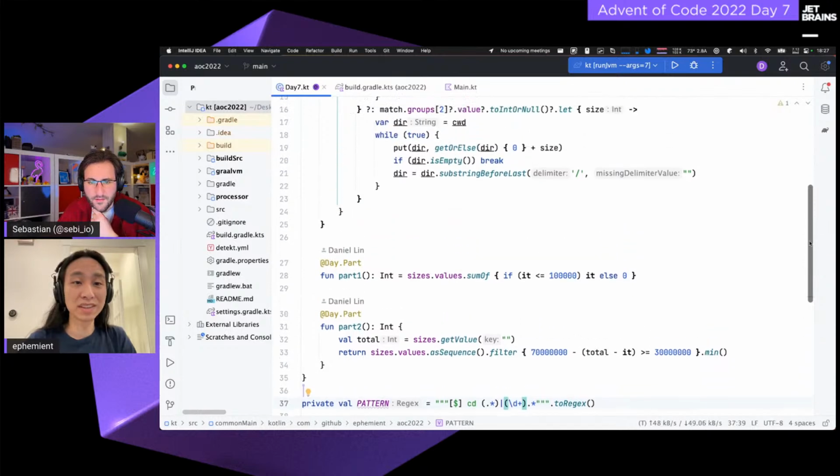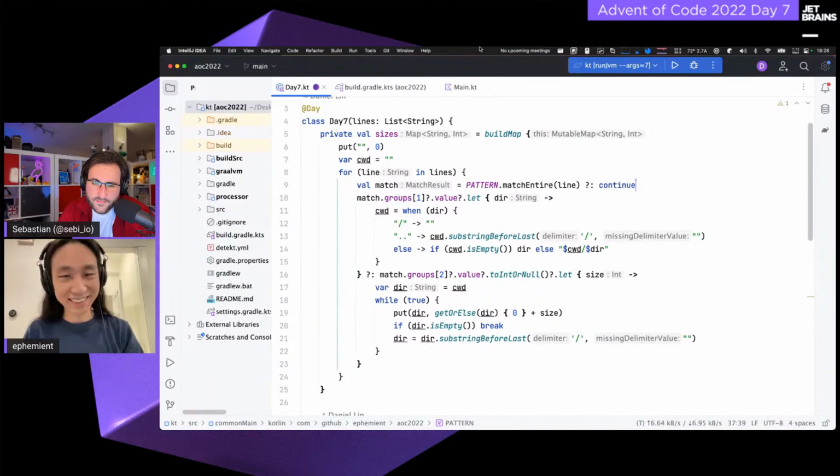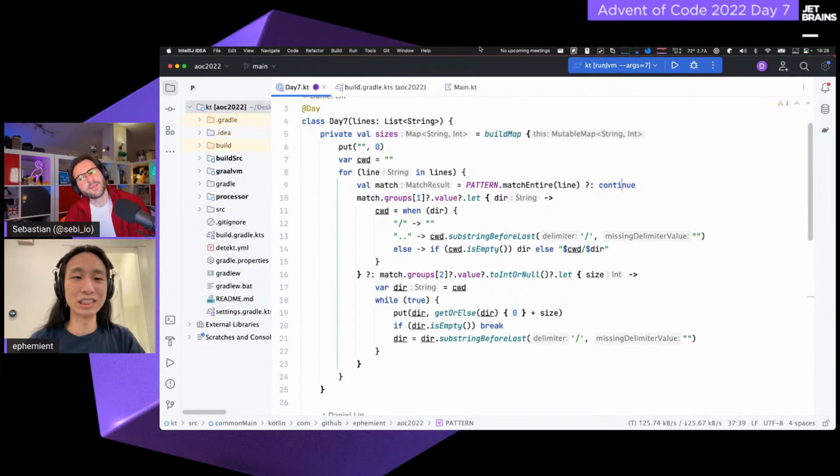So basically here, we try to match the line. If we go back up to the top, we're matching a line. And if it didn't match, and because I'm not matching everything that's in the output, like the command for ls or the directories in the output, I'm not bothering to match because I could, but I don't need that data. So I'm just continuing the loop if they didn't match.